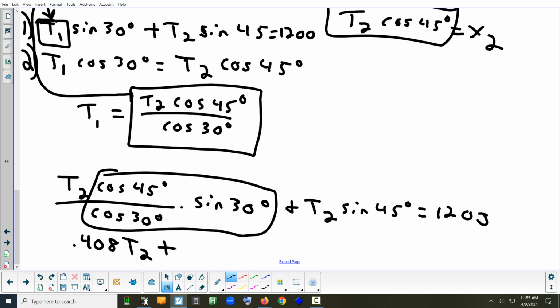What's the sine of 45 to 3 decimal places? Sometimes we see the number 0.866 a lot, that comes up with 30s and 60s. 0.707. So that's 0.707 T2